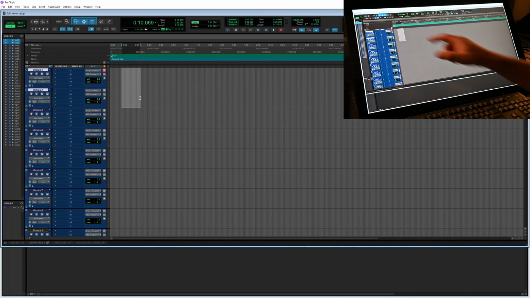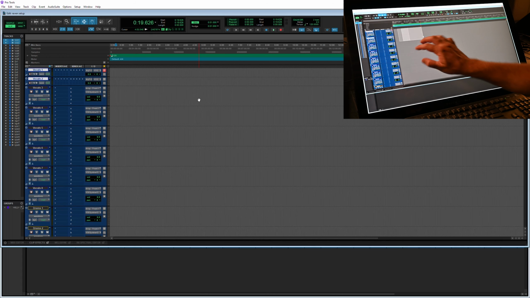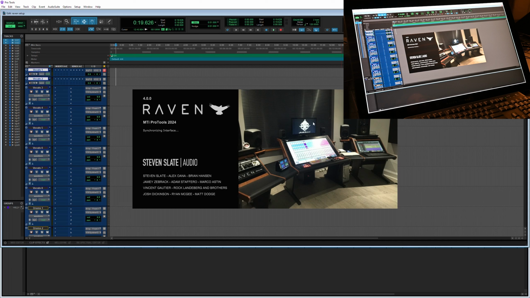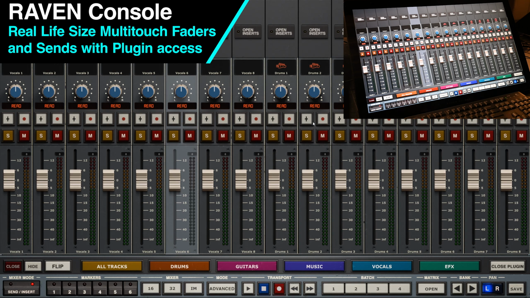So now that we have Pro Tools set up, we see touch is working, we're ready to launch the Raven toolbars. So now we'll pop open our Raven, and in here we'll hit Launch. This is going to launch the Raven toolbars. This is how you get multi-touch in the DAW. Okay, now that we have the Raven software open, the first thing you'll notice is this brand new Raven Classic